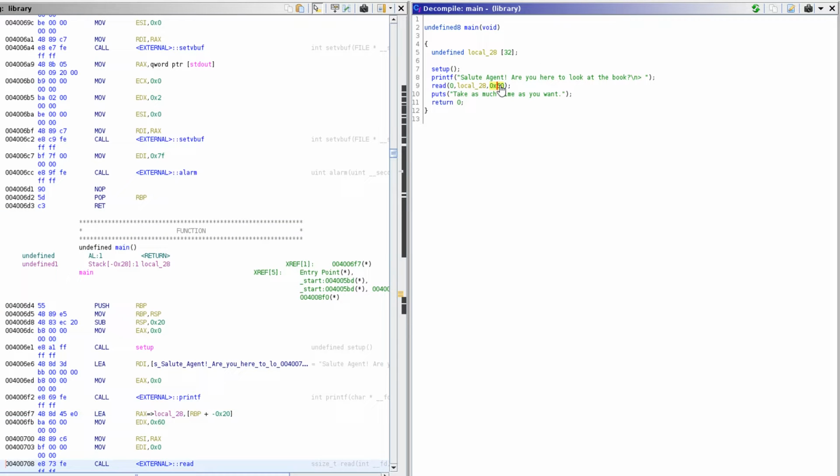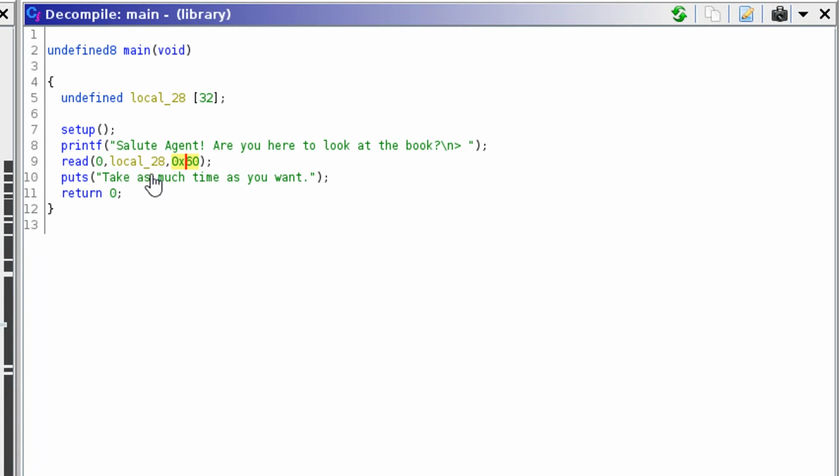But it then reads in, it says salute, are you here to look at the book? And then it's going to read in 0x60, which is 128, is it? Or 96 bytes into a 32-byte buffer, so there's obviously a buffer overflow there. The problem is that we're not able to just insert some shellcode, so our goal in this case would be